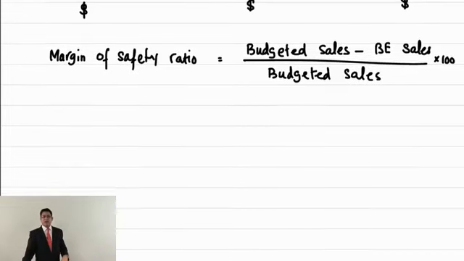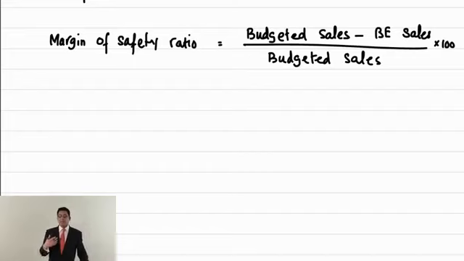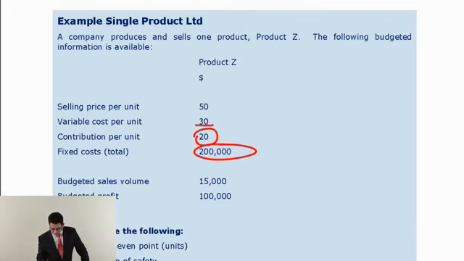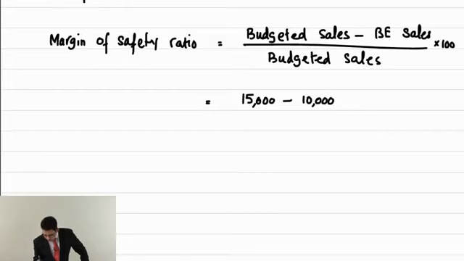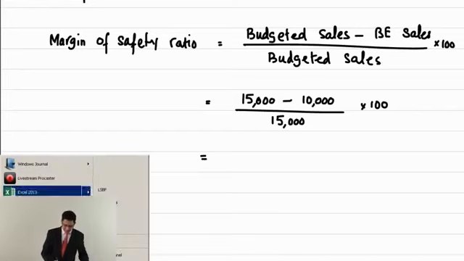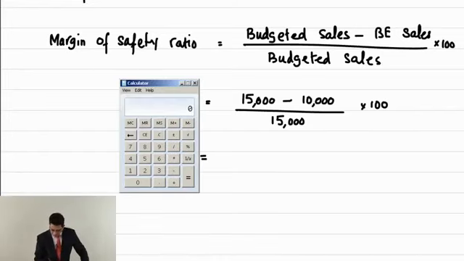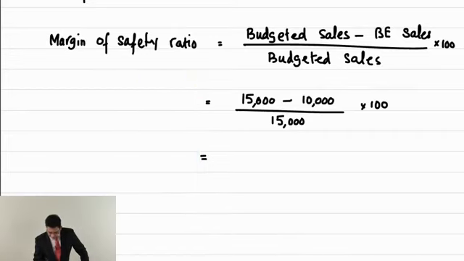So by looking at the data, actually the information was available in volumes. Remember, budgeted volumes of sale was given, which was 15,000 units, minus break even sales we have just calculated a couple of minutes ago, 10,000 units, and then divided by 15,000 units again, times by 100, and here is my calculator, and I get approximately